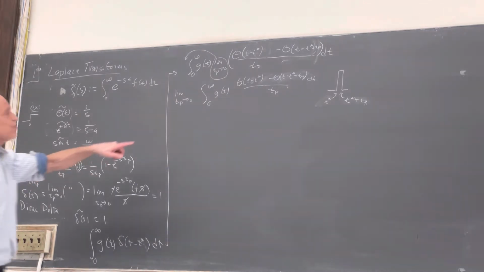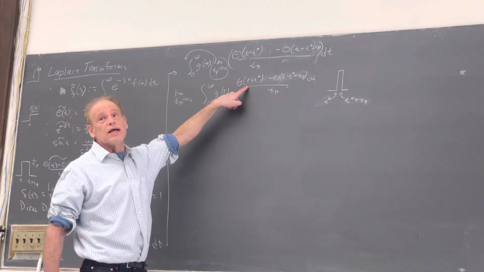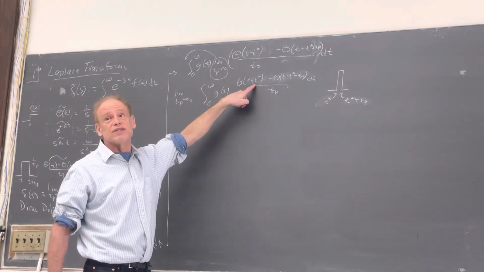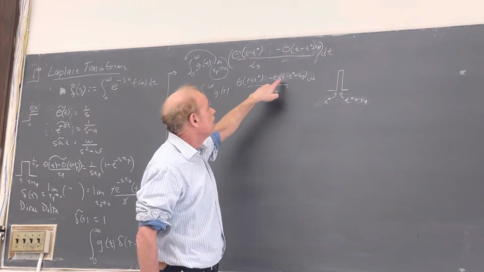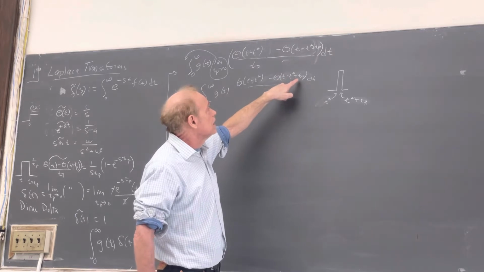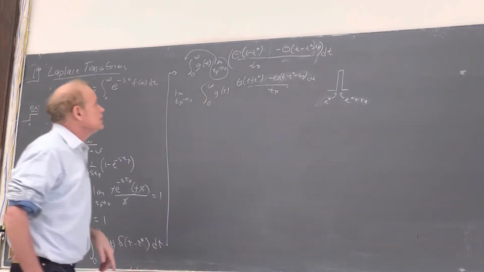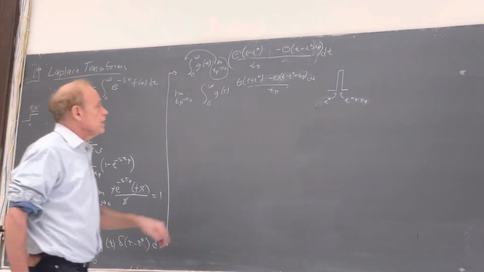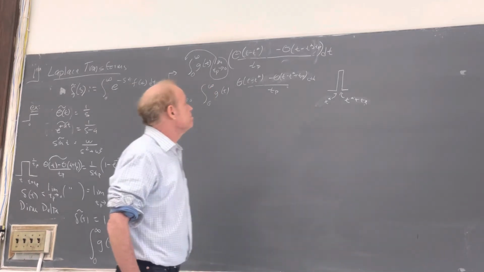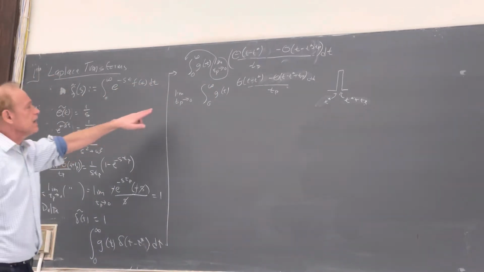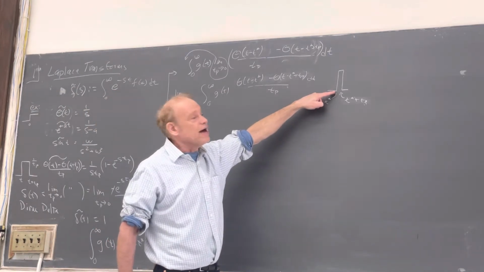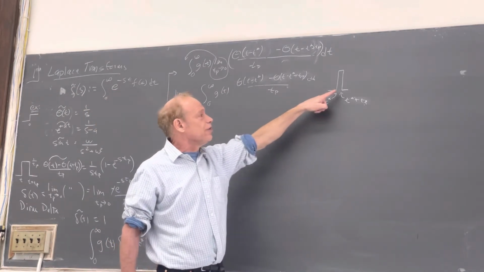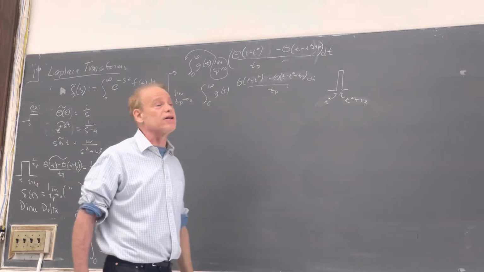So remember, theta of t minus t star is when t is equal to t star, I have the step. And here, it's t minus t star plus Tp. So I go further Tp. Okay, so now I took the limit outside. Now let's see what this says. This says I'm 0 for t less than t star, and I'm 0 for t greater than t star plus